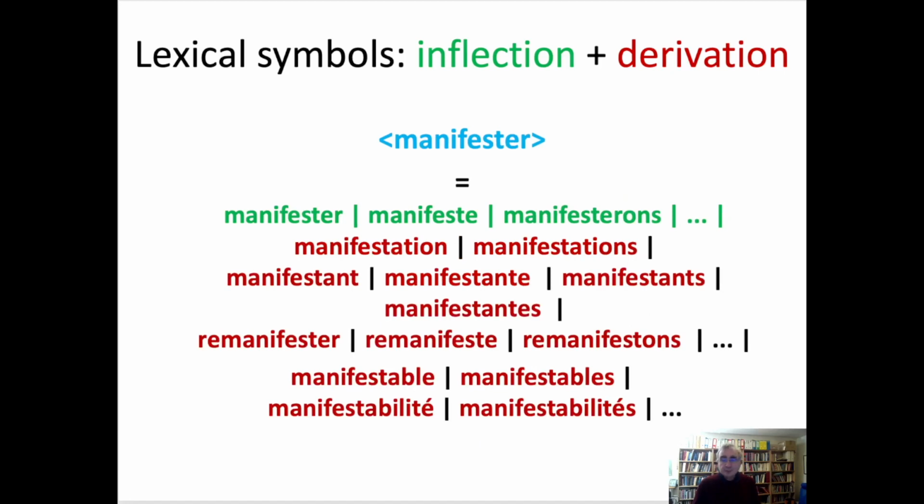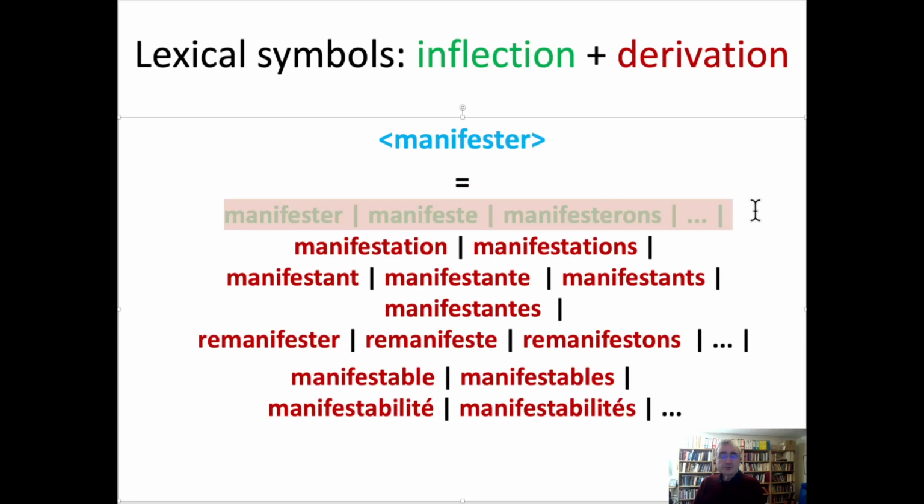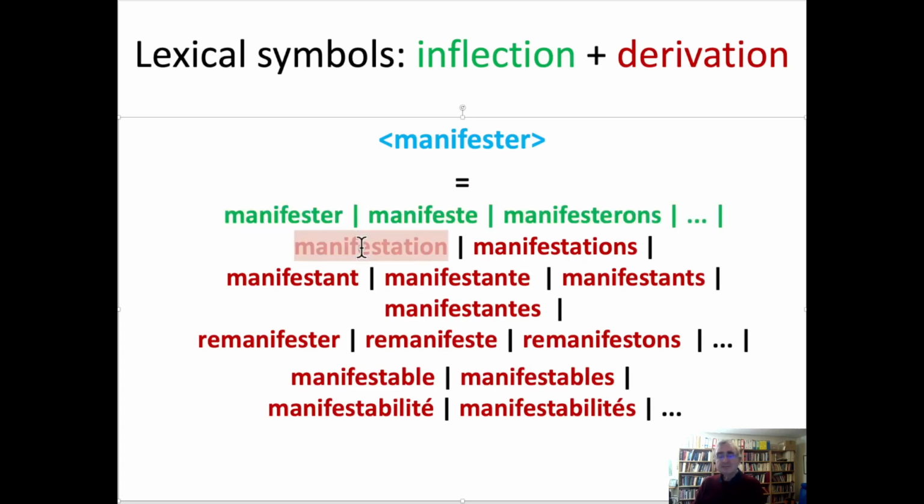So this is an example in French, where you have the verb manifester, to demonstrate, to participate in a demonstration, which is, of course, associated with its inflected forms, conjugation forms, but also manifestation and its plural form, manifestant, demonstrator, and its feminine singular, masculine plural, and feminine plural. And why not remanifester, to demonstrate again, with its conjugated forms, and manifestable, adjective, and its plural adjective, and why not